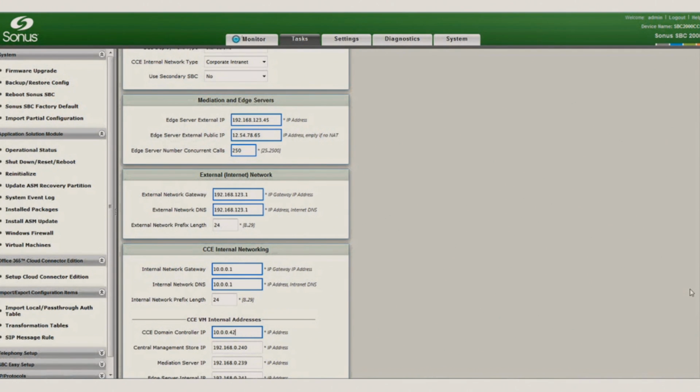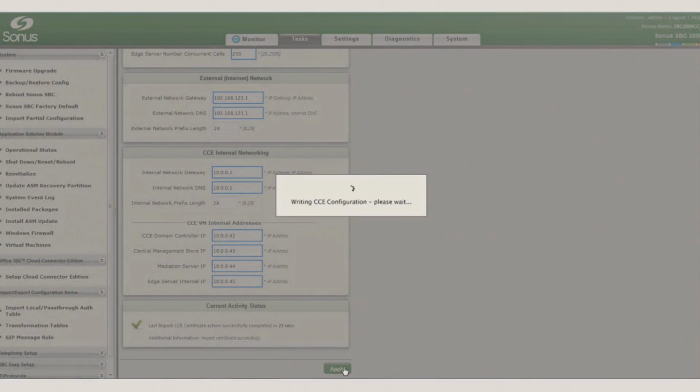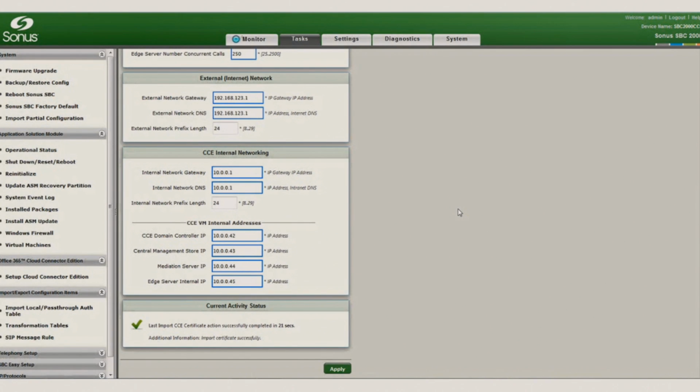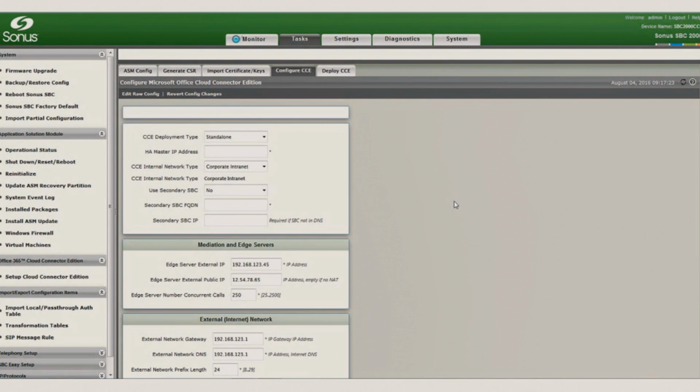Then we add the internal network information, the default gateway, the DNS server, the IP addresses of the 4 hosts required. There's one for the domain controller, one for the CMS, one for the mediation server, and one for the edge internal IP address. Click Apply.